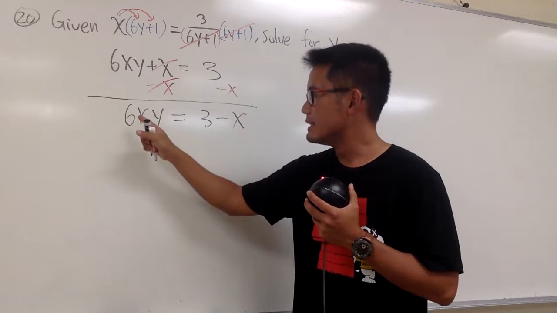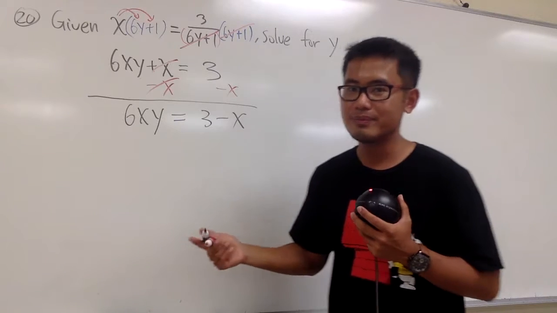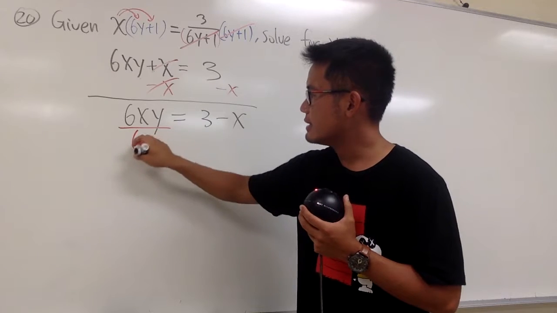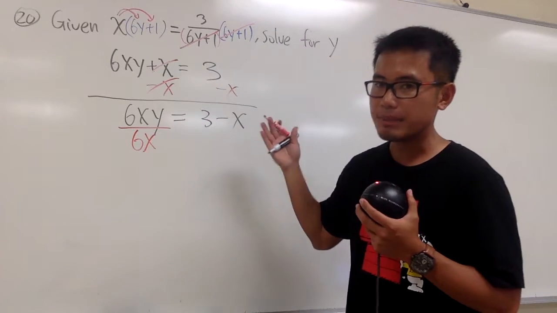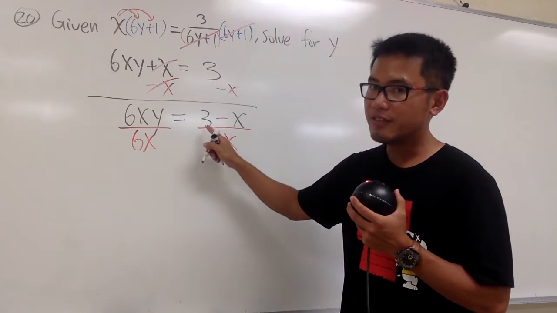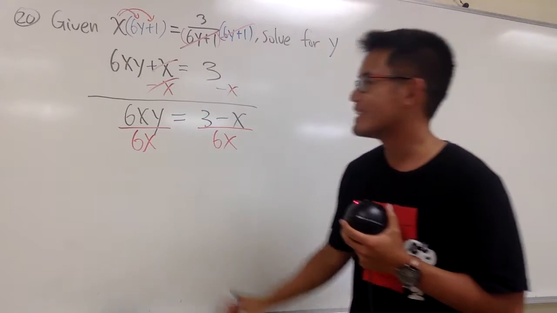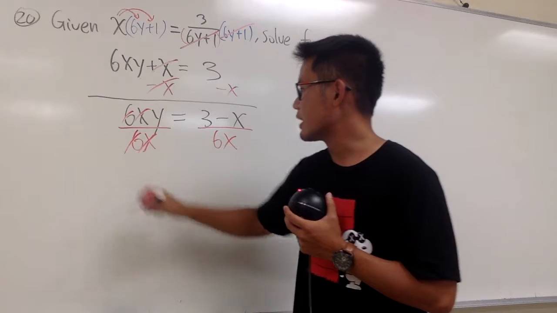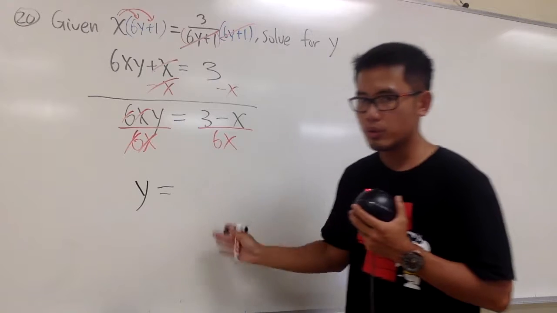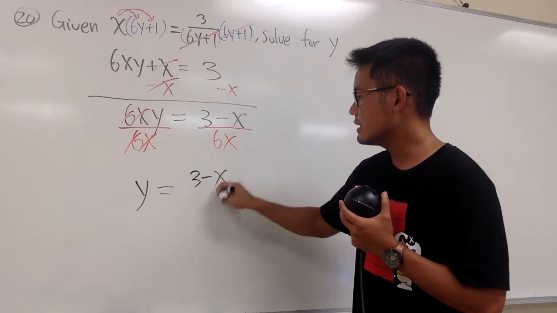Right here, we have 6 times x times y. I need to get rid of the 6x. What should we do? You see, this is multiplication. I will have to divide both sides by 6x. I will do the same right here as well. Divide this by 6x. And you see, I divide the entire right-hand side by 6x. This is legitimate. This is okay. 6 and 6 will cancel, x and x will cancel, and finally, we will have the y by itself, and this is equal to 3 minus x